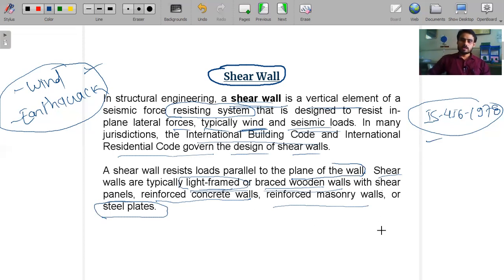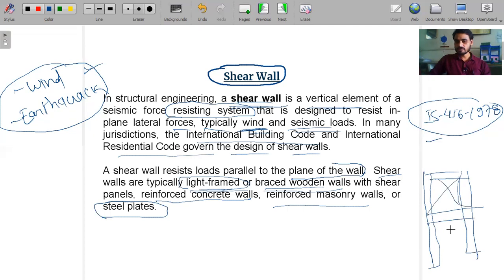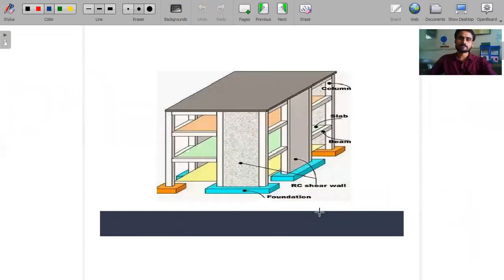We can completely construct an RCC wall from bottom to top, or we can construct a framed structure in which, with the help of vertical and horizontal components, we use panels between the frame components. So in any manner we can construct shear wall. It completely depends on the location where we are constructing our multi-story building, the magnitude of load, and how earthquake prone the area is. So a lot of factors affect the construction and design of shear wall.